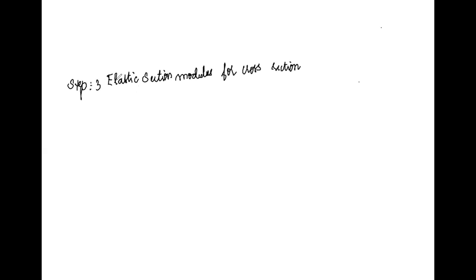In this, you have to calculate the elastic section modulus. It is represented as Zez. What is the formula? It is M divided by Fab C, that is, bending moment divided by Fabc. In this, we know the bending moment, but we don't know the value of Fabc. So we have to calculate the value of Fabc. The formula to calculate the value of Fabc is 0.66 into Fy.